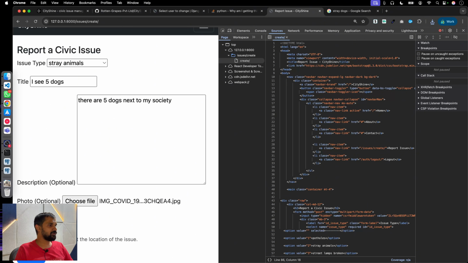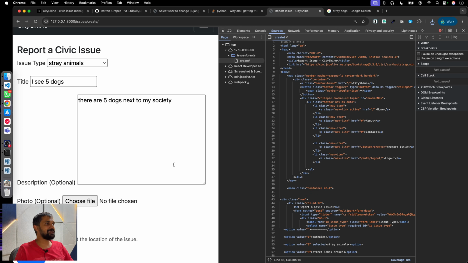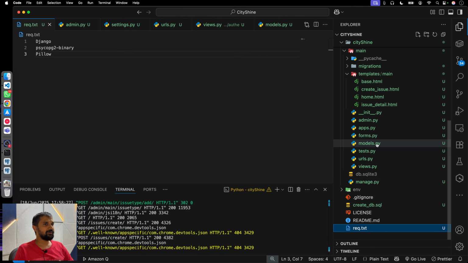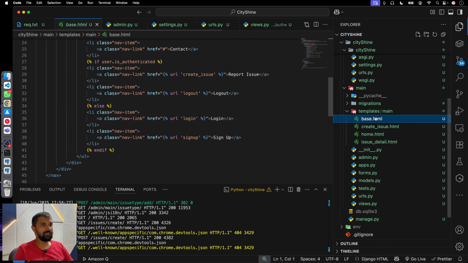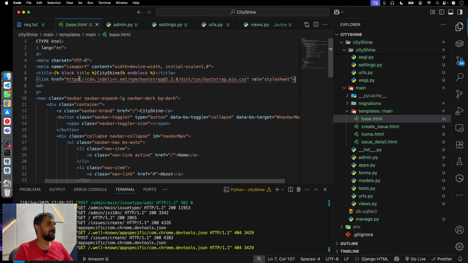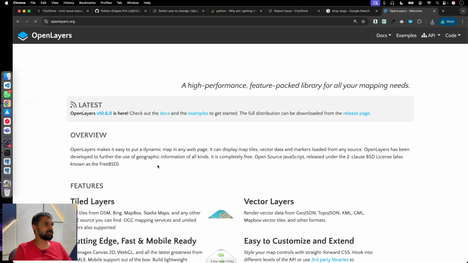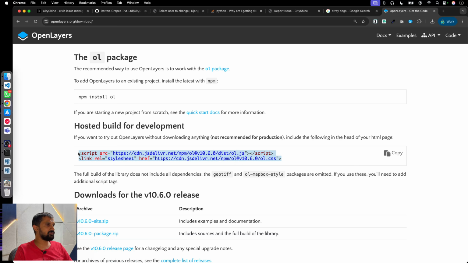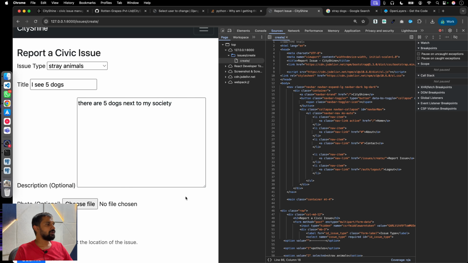At the moment, if I try to submit this, it will not submit because it is missing that location information, right? So in order for us to do that, what we can do is we can go to our create issue, and maybe in our base template itself we can add the link for this CDN of OpenLayers. So I will go to openlayers.org, get the code, and just simply put both of these CDNs over here. Okay, and now if I try to renew this,